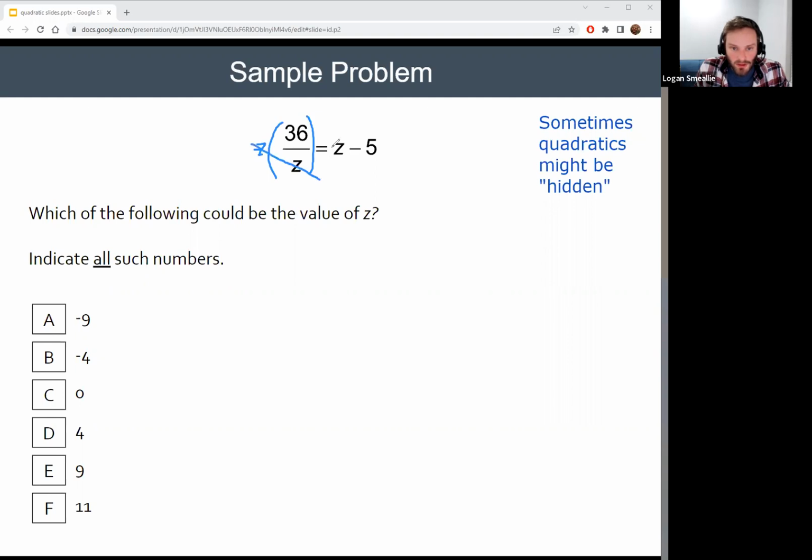So I cancel my z's over there. What if I remember to multiply this side by z? What am I going to get? 36 equals z squared minus